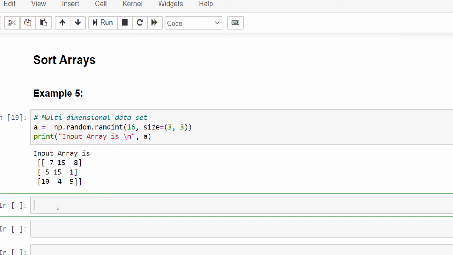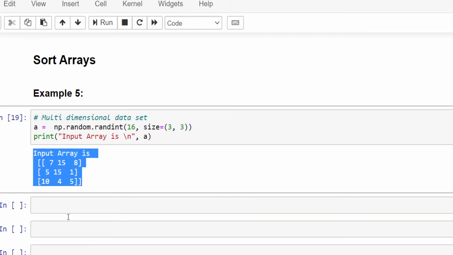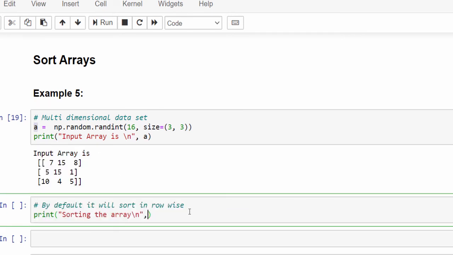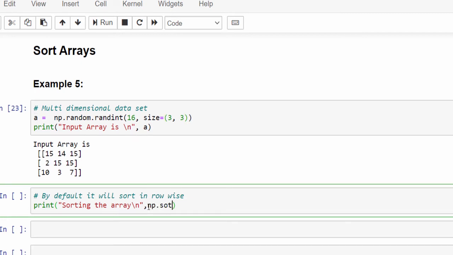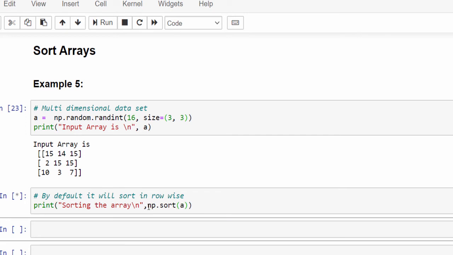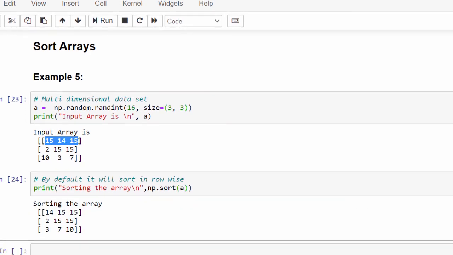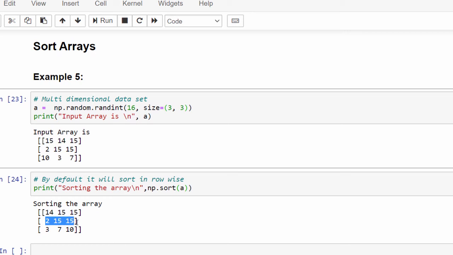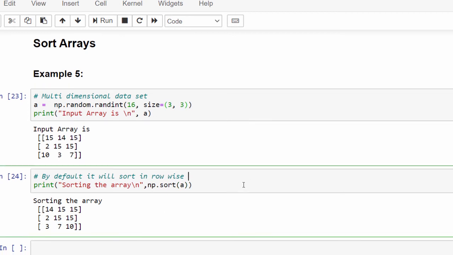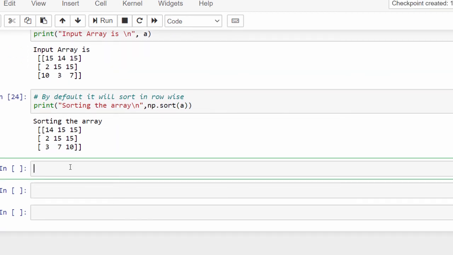Now we'll implement the sort functionality on this array A. Always remember, by default if we sort, it will be row wise. np dot sort A. So row wise means this one, 14, 15, 15 in increasing order. 2, 15, 15, already same value, 3, 7, 10. So by default it will sort row wise.